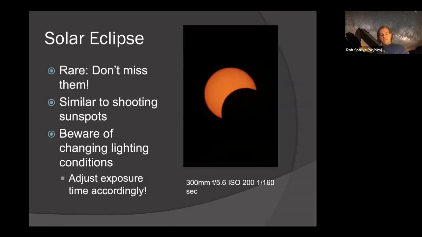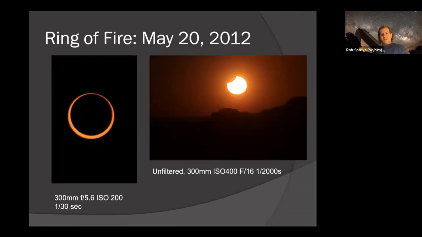Solar eclipses, I've done several. I think this was the annular eclipse in 2012 at the Grand Canyon, if I remember correctly. Now the Ring of Fire, this is a fun one. I love this one. This is the Grand Canyon solar eclipse, May 20th, 2012. I loved it for several reasons. First, I was in the Grand Canyon and I had a great spot to watch it from. That was great. And then of course I got this picture on the right here, which is the partially eclipsed sun setting over the Grand Canyon.